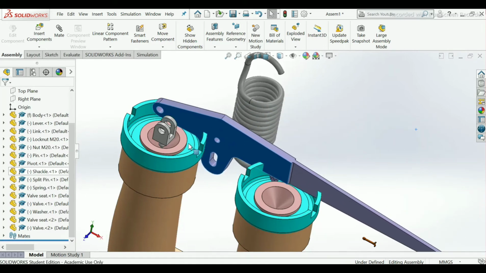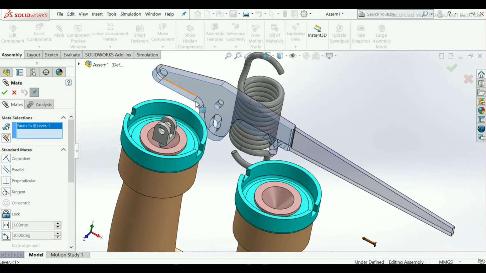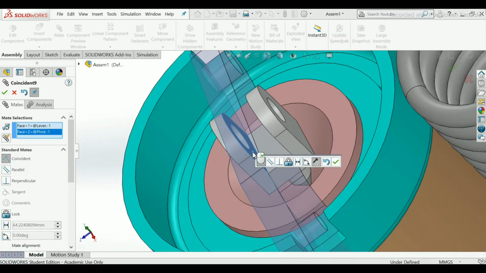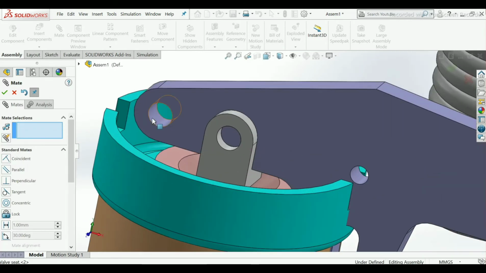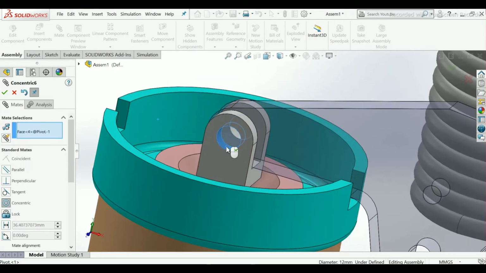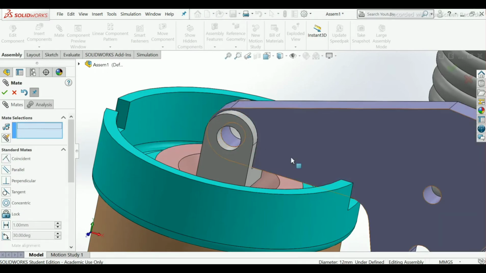Now drag this lever, go to mate in assembly, select this face and this face, make it coincident. OK. Now select this inner face, cut extrusion, and this cut extrusion, make it concentric. Okay.